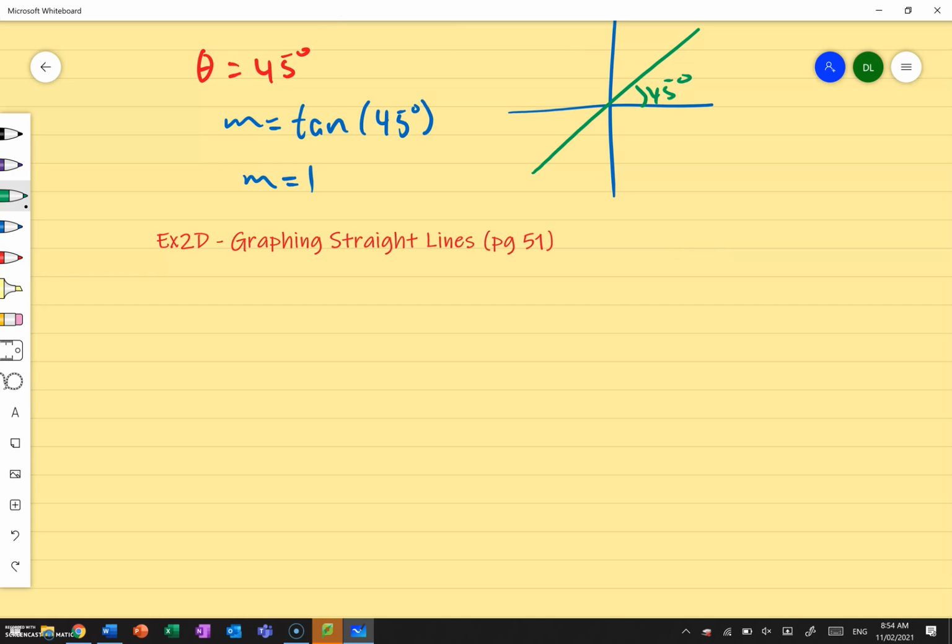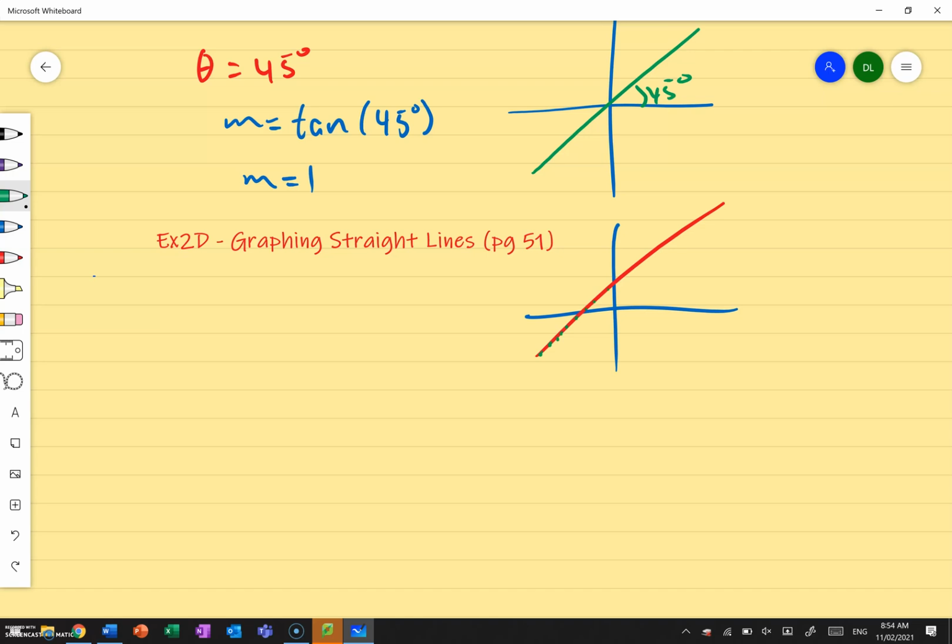Now, graphing straight lines is pretty straightforward, no pun intended. A lot of it is just revision of stuff that you guys already did last year. Typically looking at, well, if I'm presented with an equation, can I draw a line? If I'm presented with 2 points, can I draw a line? Now, intuitively, we know that a straight line goes through an infinite number of points. So if I have, let's say, this axis here and my line goes here, I have an infinite number of